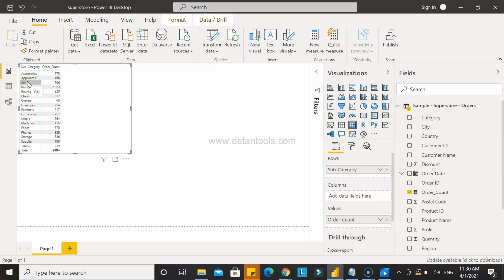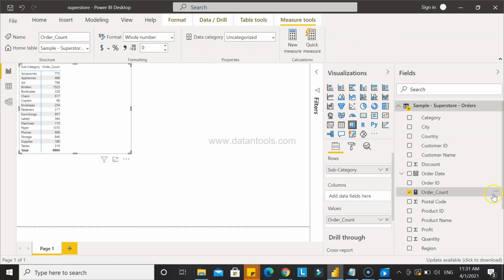We can get it. And one more thing I want to show you, which I mentioned: for example, tomorrow, if we want to change from order count to, let's say, customer count, we can very easily do it. If you click here and go into these three ellipses, what you see is count of sample order ID.